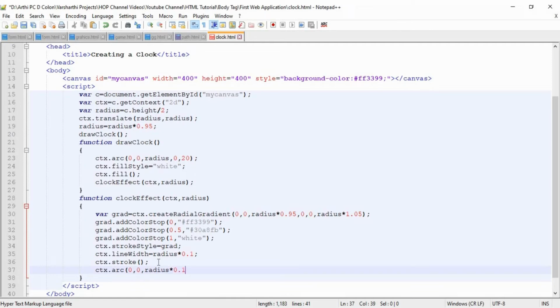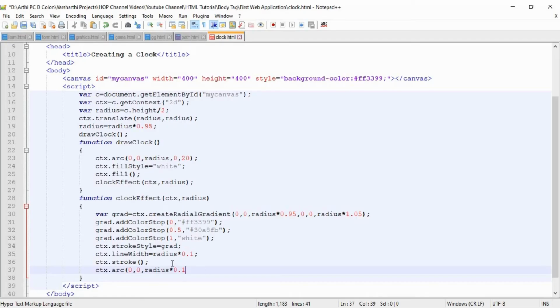Why are we reducing it to 10%? If we did not reduce the value of the radius, the circle would overlap with the other circle, right? Just provide the value of radius as itself and provide it.